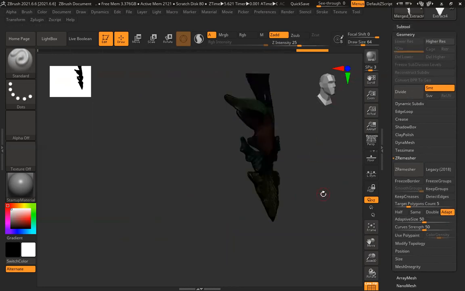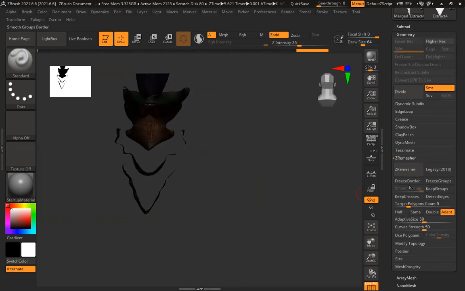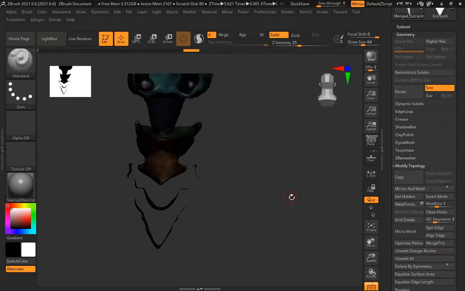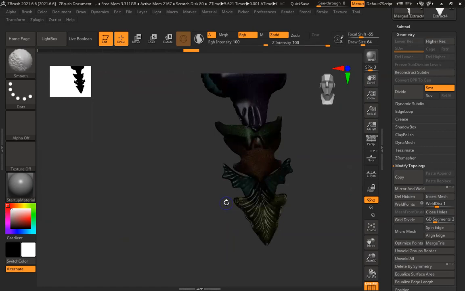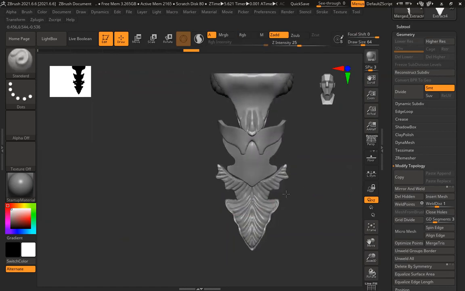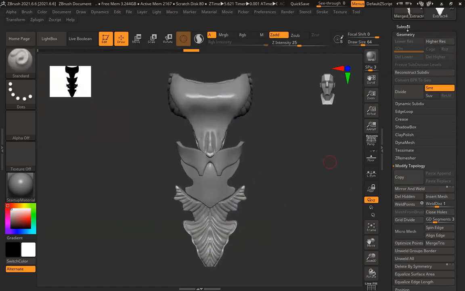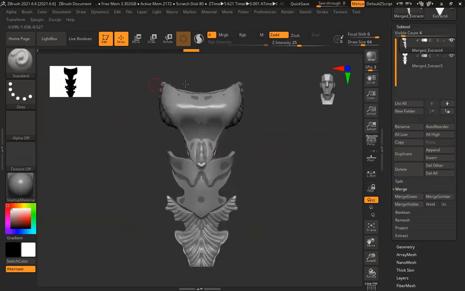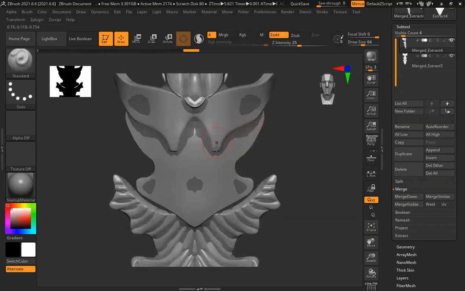Geometry, delete everything, all higher division, modify topology, delete. Because that part is not there, so I should delete that. Then Shift F. And now this is my actual high poly, and this is my low poly. So you can see volume wise, shape wise, everything is the same. It's just a few details here and there missing.